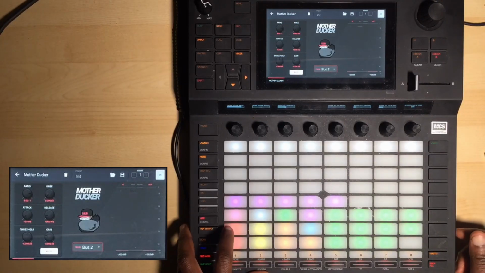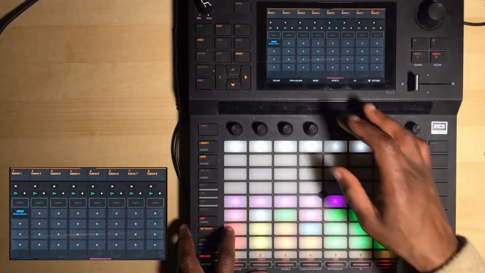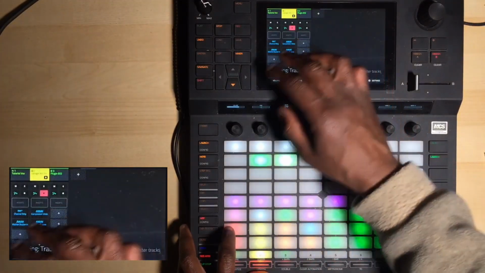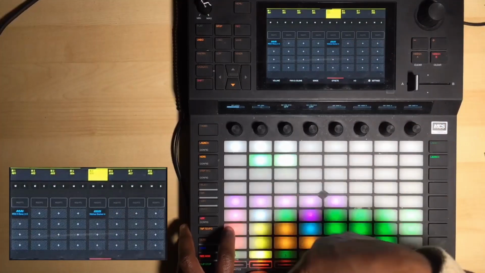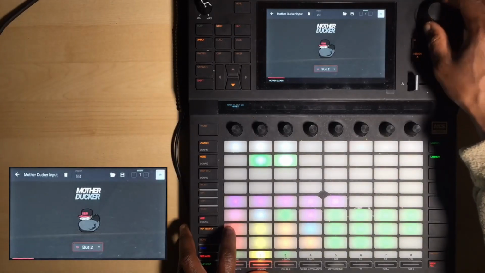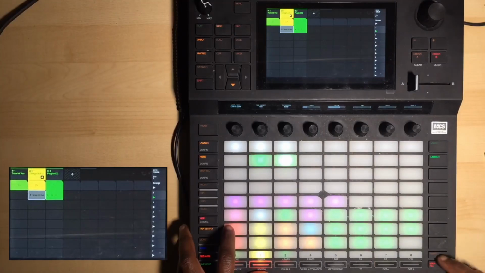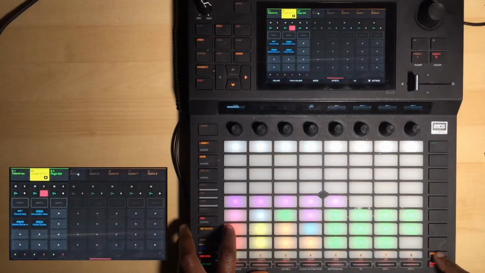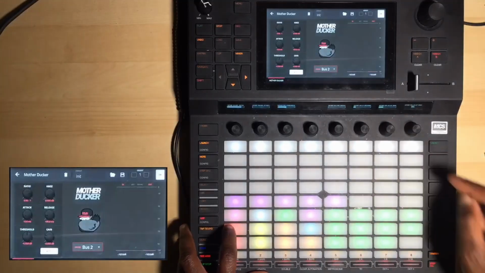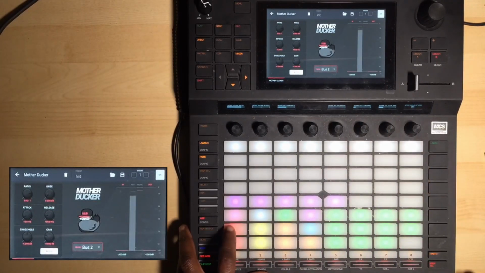Since I'm on bus 2, I want to go back to this kick. So I'm going to go back out of here, go back to this mixer, come out of there, and shift to the submixer of this instrument here, and then move that to bus 2. So now I've got that kick on bus 2, and I'll go to the master, and if you observe, you can see that the kick is already having an effect just even at that level. So what this is doing is it's sending to here. So if I play this, watch,